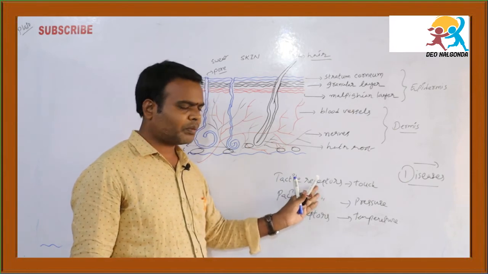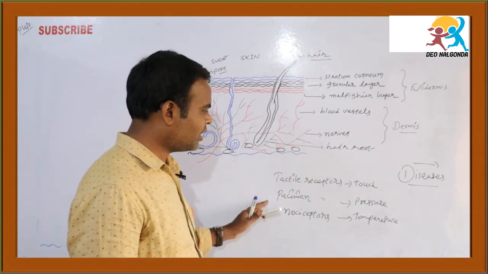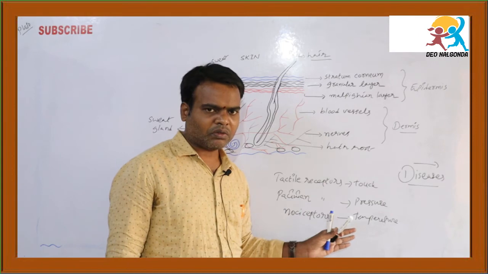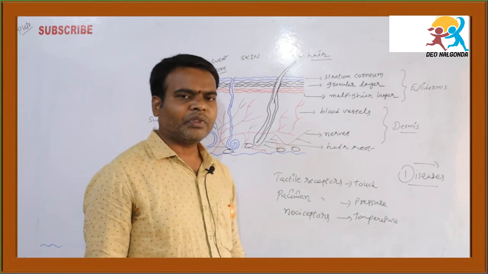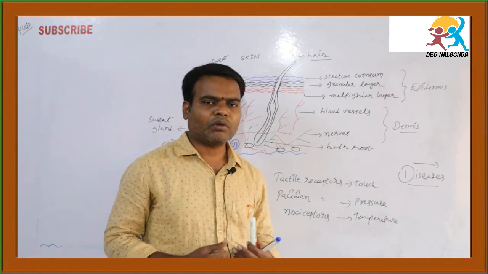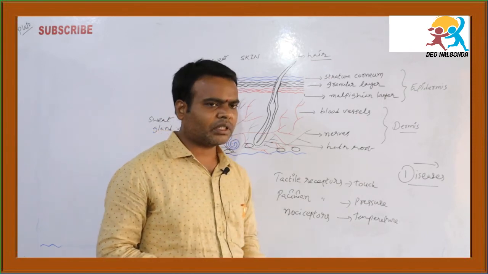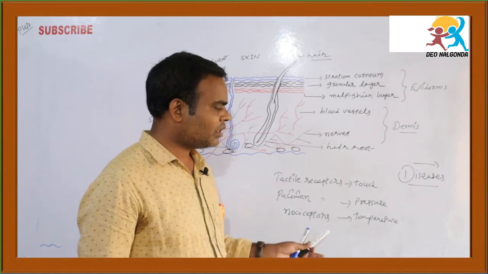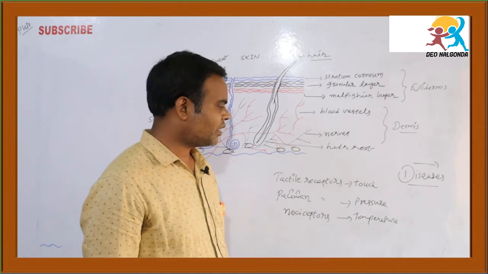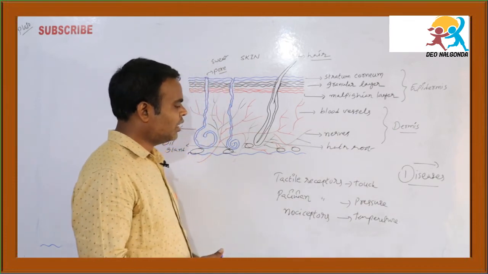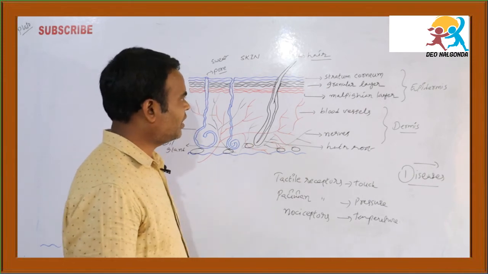Suppose you take the tactile receptors present in the skin, they are useful to know the sense of touch. At the same time, Pacinian receptors bear the pressure. So we know the sense of pressure because of the Pacinian receptors, and also the thermal receptors. So we feel the cold, we feel the hot, because of the receptors, nociceptors, which provide the sense of temperature, and thus we protect our body from external thermal sensations. So these are the different types of receptors located in the endodermis of the human body.